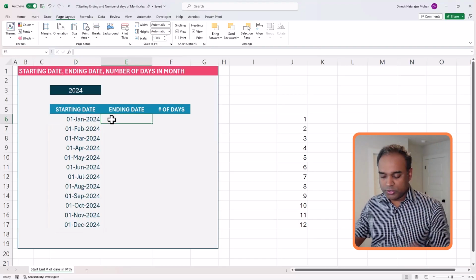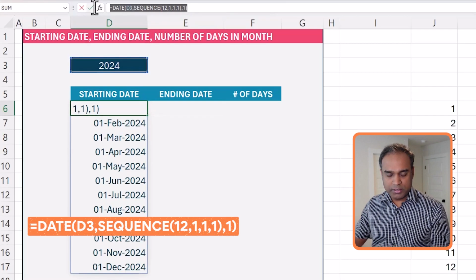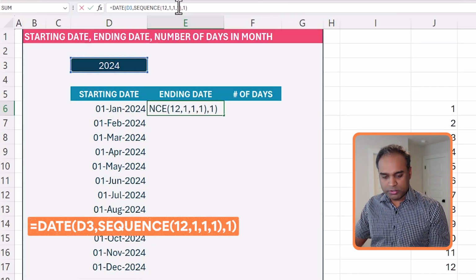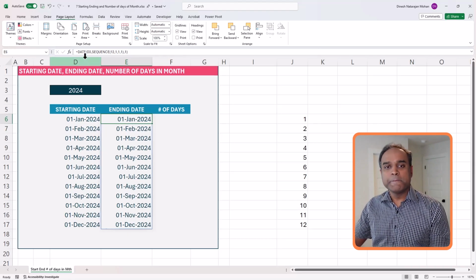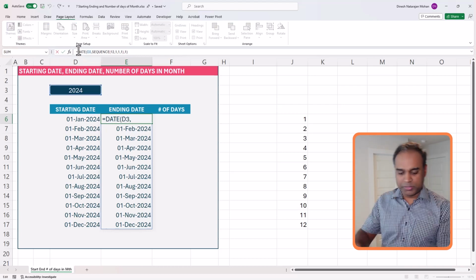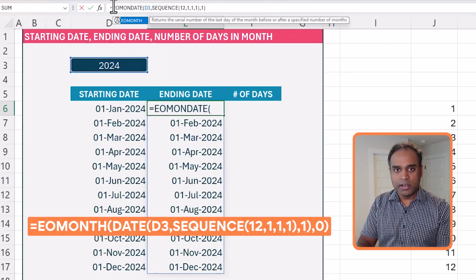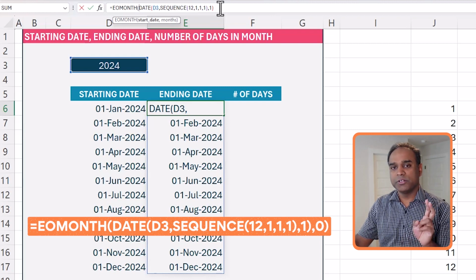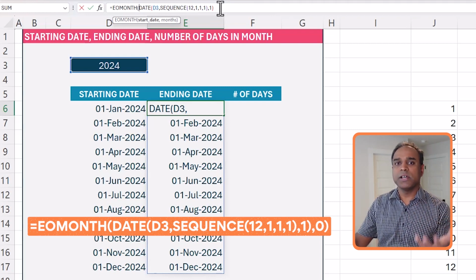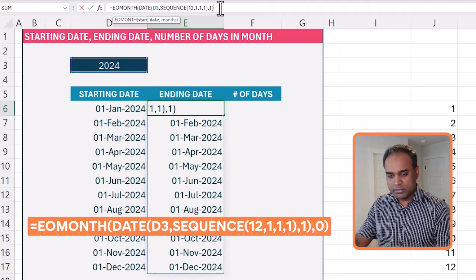Now let's go into the ending date, which is a little bit more complex because the ending date of the month is not fixed. It will change if it's a leap year for February also. So let's say, for example, we want to use the same function. I'm just going to copy the whole formula and put it into here. And I know that it will generate the first of every month. But what we want is the last day of every month. So what I'm going to do is to wrap this around the end of month function, EOMONTH. EOMONTH requires only 2 arguments. So the first is where are we starting, which we already know, comma